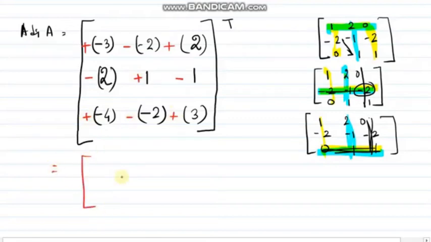At this stage I am going to apply the signs and do the transpose both. So if I apply the sign, minus 3, this will go there. So it will be minus 2, this will go there. It will become minus 4. This will come here, this will become 2, this will remain as 1, this will become plus 2, this 2 is coming here, this minus 1 is going there, and this will become my 3 as usual.